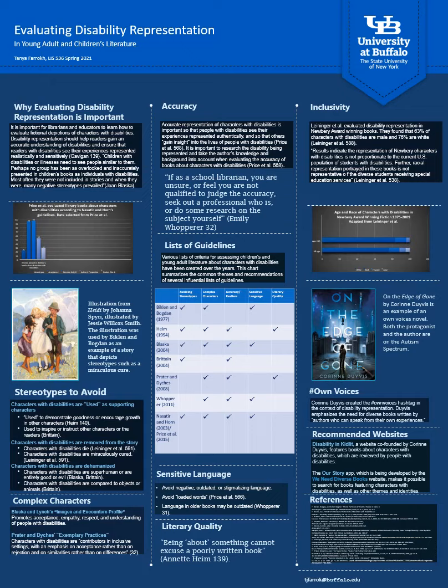This presentation has described some important concepts in the evaluation of disability representation and has reflected the development of these ideas over time. Many educators have emphasized the need for quality literature that avoids stereotypes and uses sensitive language. Complex characterization, accurate representation, and inclusivity are also important considerations in disability representation. By applying these principles, librarians can select books that educate readers about disabilities and help people with disabilities see their experiences reflected accurately and sensitively.